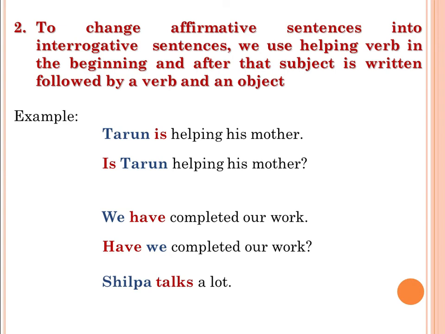The same is here. Shilpa talks a lot. Now in this sentence we don't have any helping verb, but this sentence is based on present definite tense. So here you can see the word "talks" is the main verb, in which talk plus s is used. And if I want to change it into the interrogative case, as per the rules of present definite tense, we will use "does" in the beginning, then we will use Shilpa, which is the subject here, and then we will use "talk", the base form of the verb, and then the words "a lot", and after that a question mark will be used. So in this way we can change an affirmative sentence into an interrogative sentence.